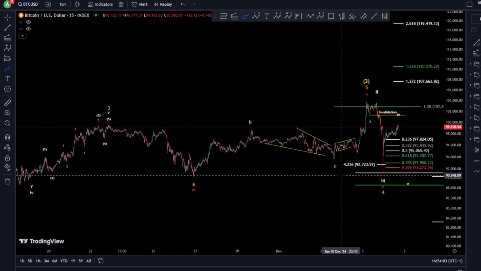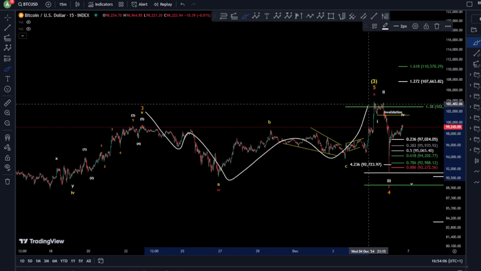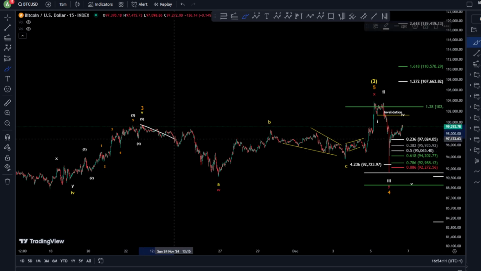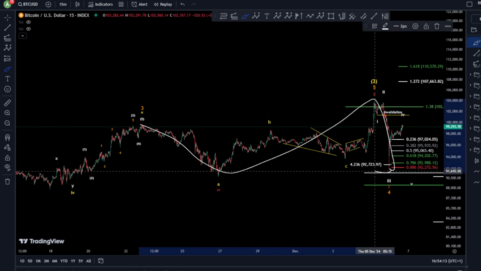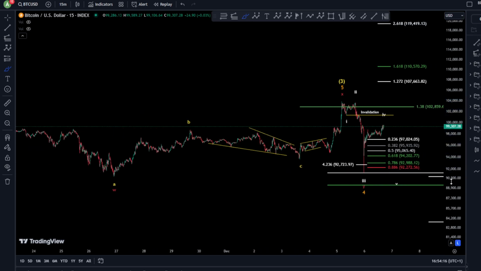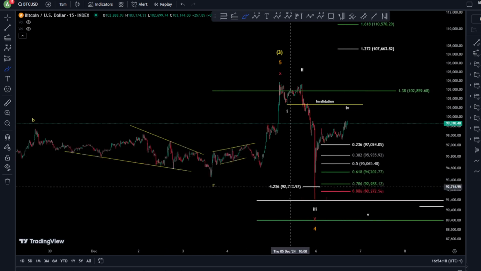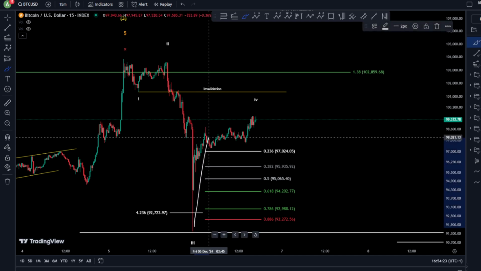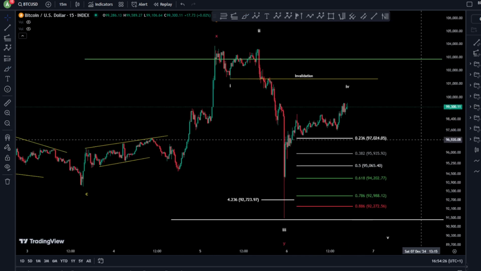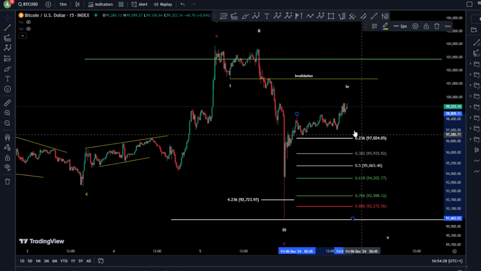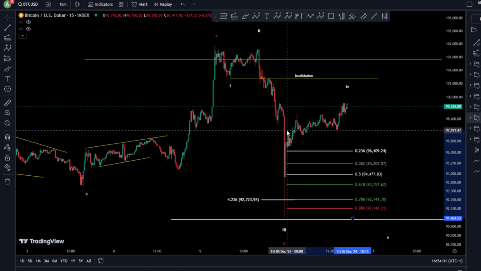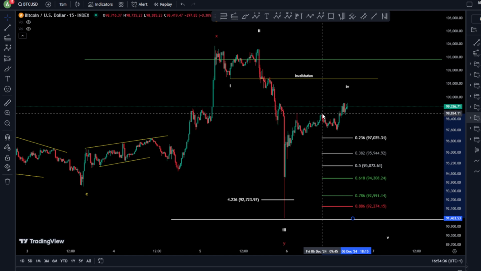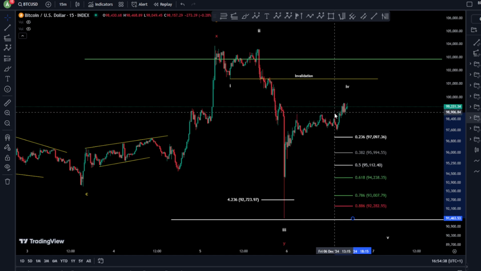Now, in that case, you have finished a kind of expanding flat without even taking the low again. So this expanding flat is also truncated, because we did not take the low. It has turned into a running flat again. And in that case, you would like to see higher prices, and this is what we are looking at. Higher prices means you would like to see an impulse, but unfortunately, we couldn't reach any kind of fib level in any peak of this impulse. As you can see, the 0.23 was not